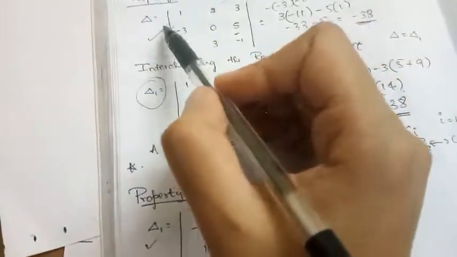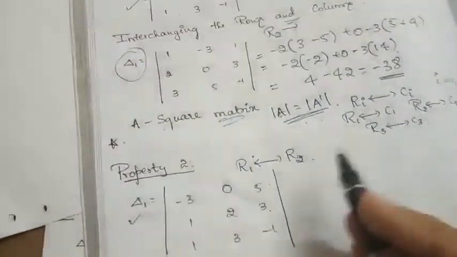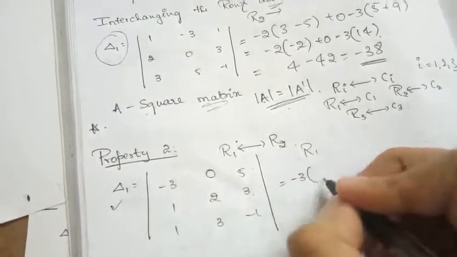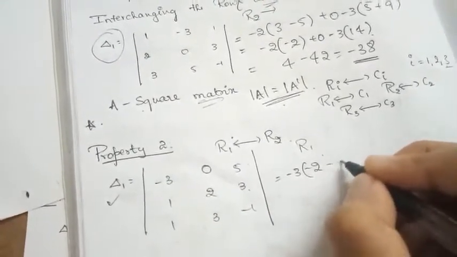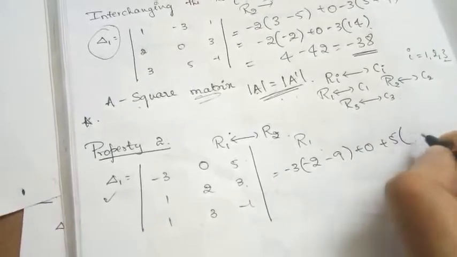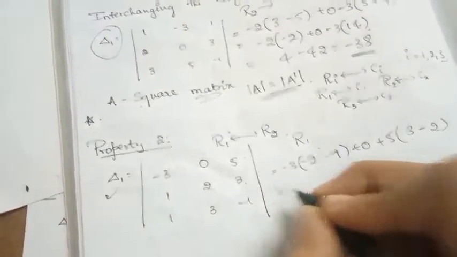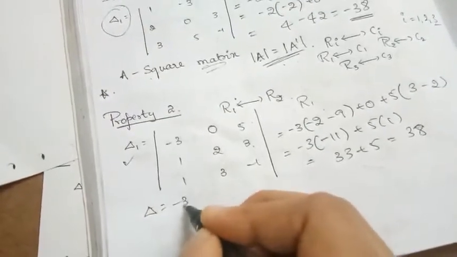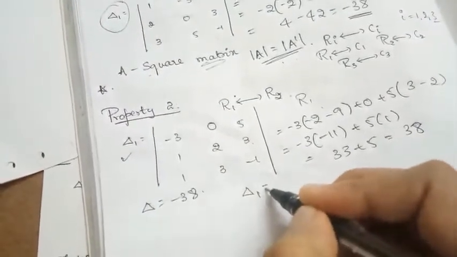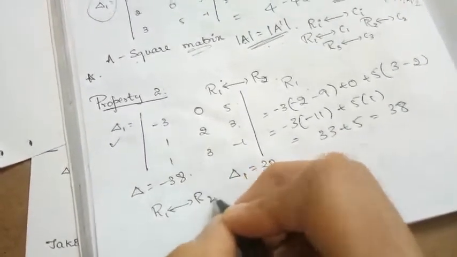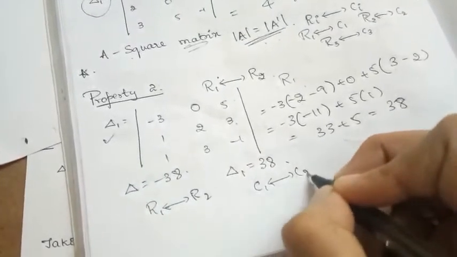You see here, for this determinant I have interchanged the 2 rows. Now I am taking the determinant value along the row R1. So what is the determinant value? Minus 3, minus 2, minus 9, plus 0, plus 5, that is nothing but 3, minus 2. So that is nothing but 38. Now you can see here, what is the value of our determinant delta? It is minus 38. What is the value of our determinant delta 1? It is 38. So just by interchanging any 2 rows, or suppose if I interchange any 2 columns,